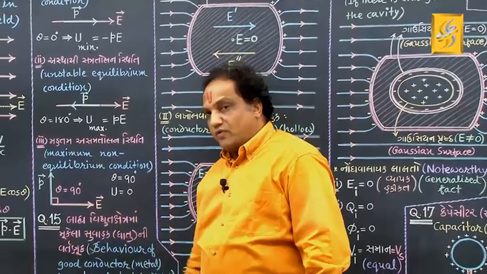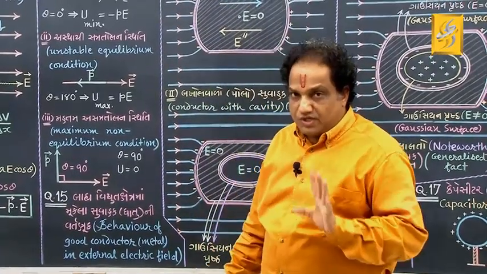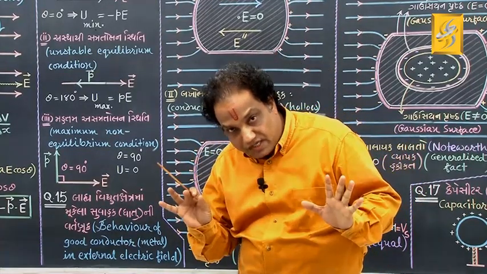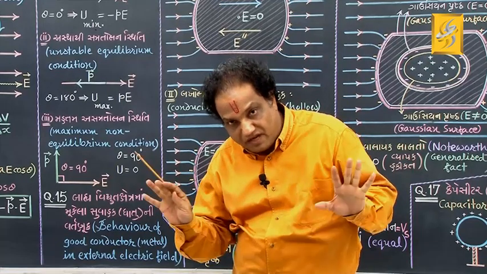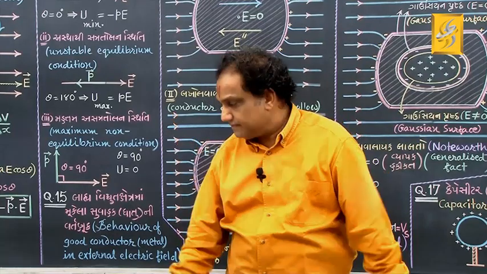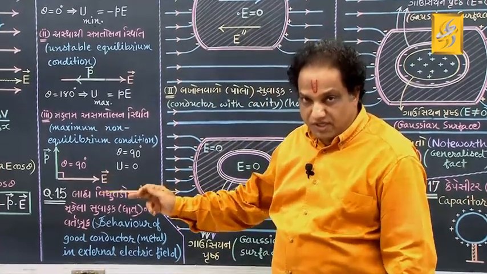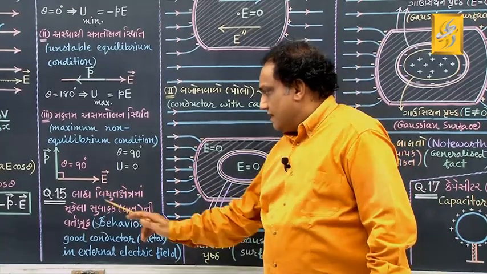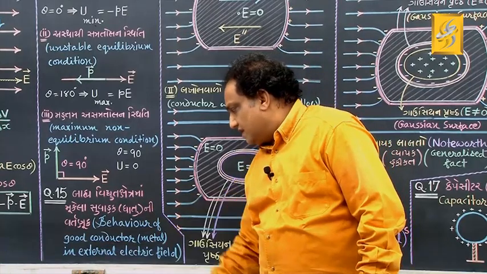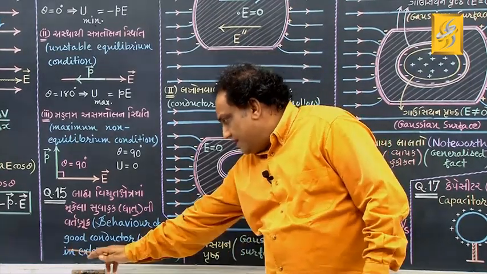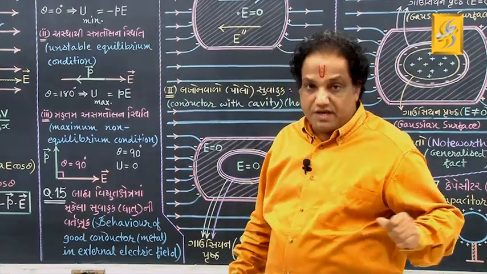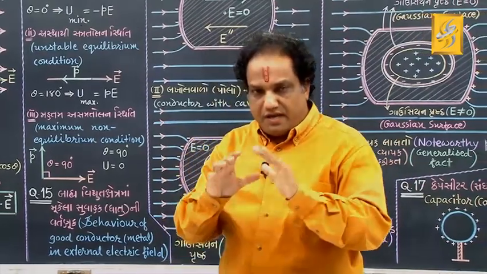Now, my dears, we go for question number 15. This question is very important from the understanding point of view, purely theoretical discussion, no derivation, no mathematical formula. I just appeal to everybody to take very special interest in the discussion, please. What is the question about? I am showing you. This question is about the behavior of a good conductor, that is metal, in an external electric field. My dears, here in the textbook and in many other books,